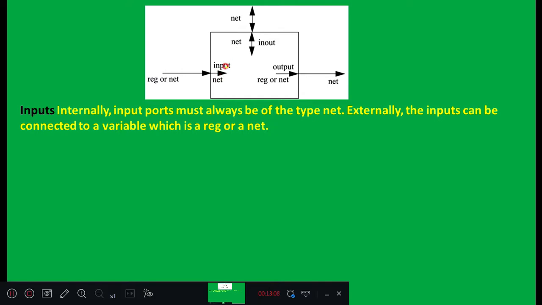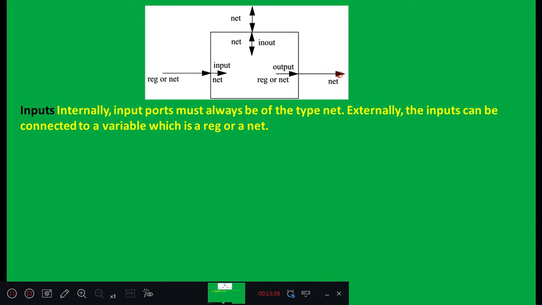Please observe the analysis that we have done. Input and inout, by default internally they are treated as nets only, wires, we are referring to it as net only, and externally you can connect register or net for input, and for inout you should connect net only. For output type, internally it can be defined as either a net or register.